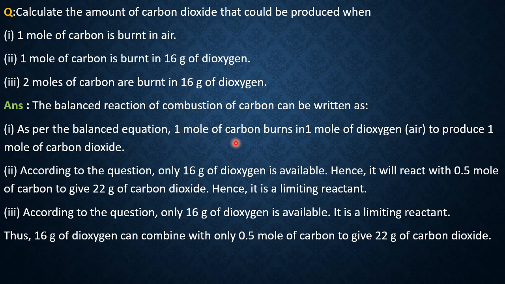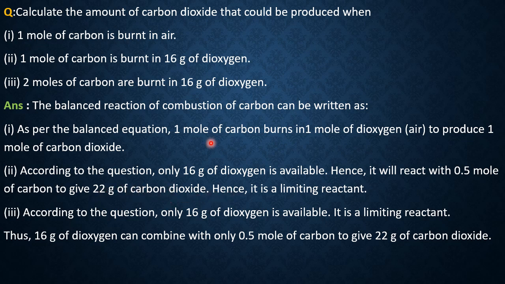Second, 1 mole of carbon is burnt in 16 gram of dioxygen. Okay, for 1 mole of carbon we require 16 plus 16, 32. But available is how much? 16 gram only. So this is the limiting reagent. When it is limiting reagent, it is restricting the reaction according to the availability of the amount of limiting reagent. That much amount of product is formed here. So accordingly, 22 gram, not 1 mole, half mole of CO2 forms, half mole of CO2 equal to 22 gram of CO2. So here oxygen is the limiting reagent. According to the amount of oxygen, this much is available.